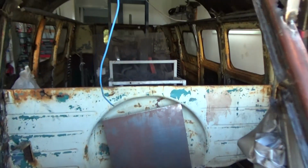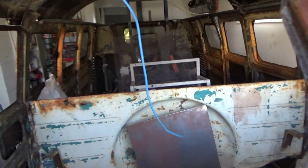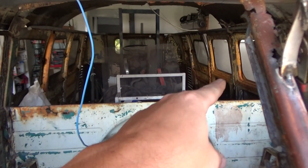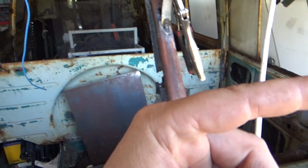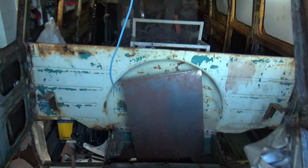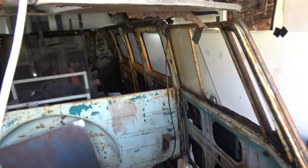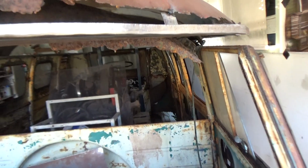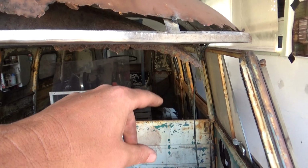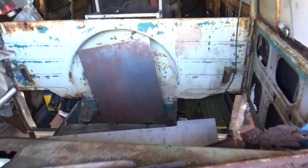Everything's still looking square. These lines are all looking good. That back end's still not put in, so that's adding to my dramas up the front, just with flex. But I'm hoping that that'll be fine. I don't want to go down that back corner yet because I've got it just tacked into place, that back frame rail. And my plan is to basically,